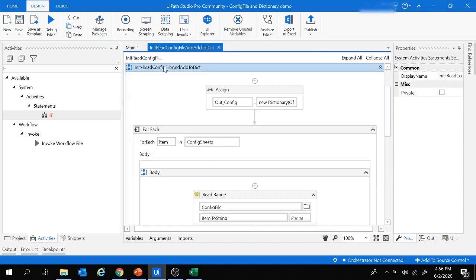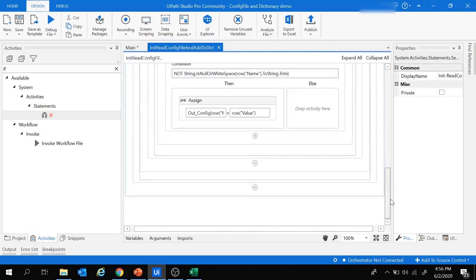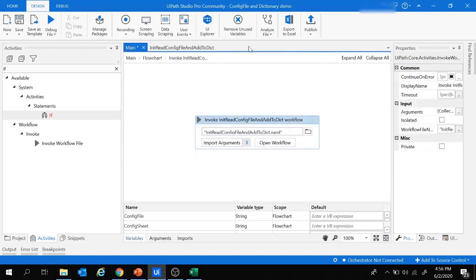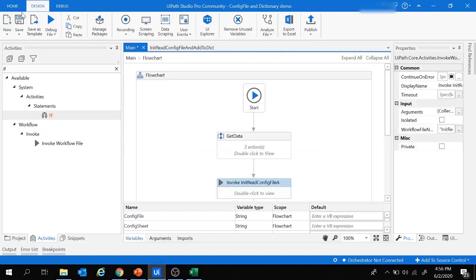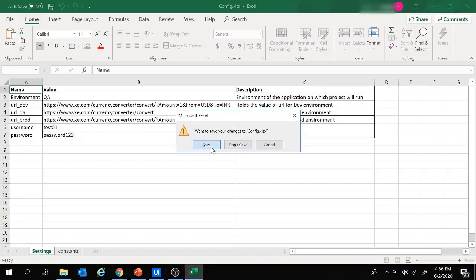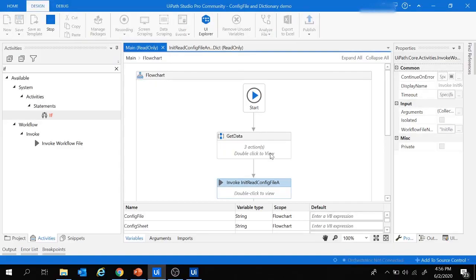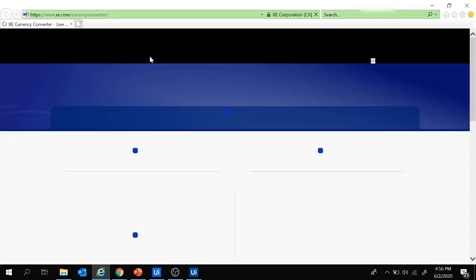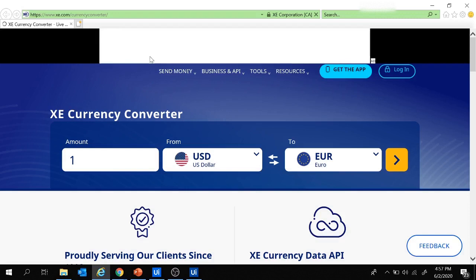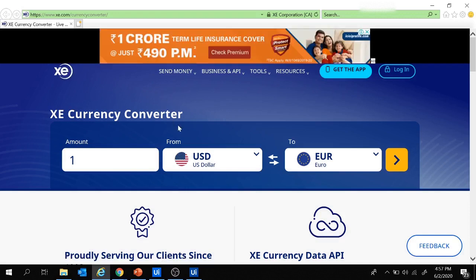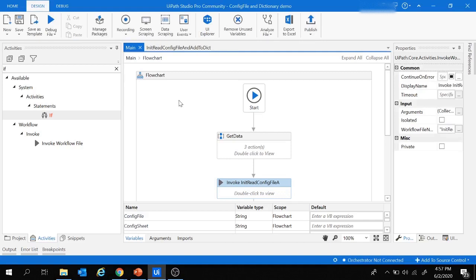You see the sequence which we created is now treated as a workflow. I will do a final run now to see how the project works. Let's close this Excel sheet, save this one, close this, and quickly run this. So my project is running now. The URL is getting launched, and it will wait for 10 seconds. Since I have provided a delay of 10 seconds, the process got killed and the project is over.